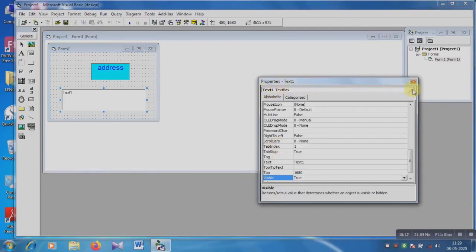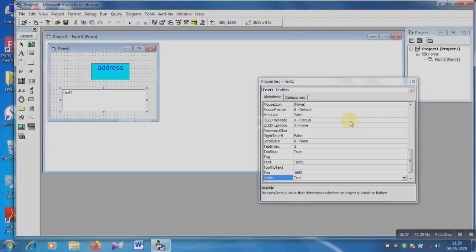The text box, and in this form label and text, these two tools are here. So click on the drop down list. In this drop down list, take label, and the label name was name, that's why name appears here. Then text box, now I am working in the text box area, so choose the option. Otherwise you can click on it and this property will appear on the screen.